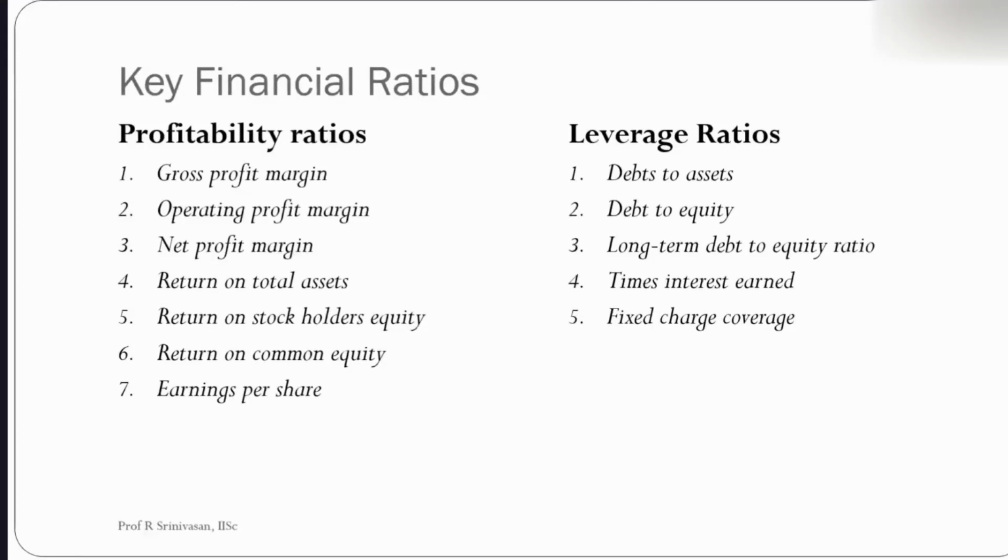Then the fourth ratio that you are looking at is the return on total assets. In order to set up an organization, you make a lot of investment, and this investment, whether it is coming from your side or different organization side or different financial institution side, whatever it may be, these stakeholders expect there will be some return on the assets that is created.